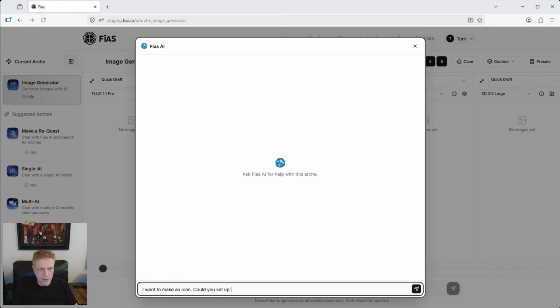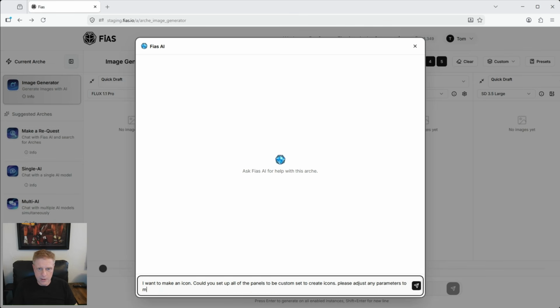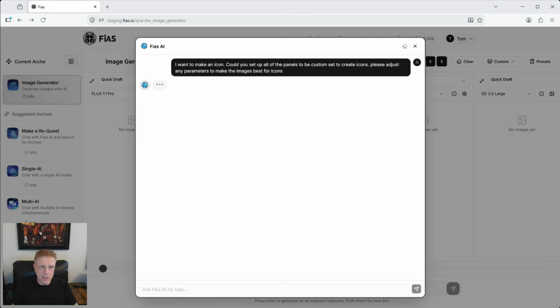Could you set up all of the panels to be custom set to create icons? Please adjust any parameters to make the images best for icons. So you put in something like that.